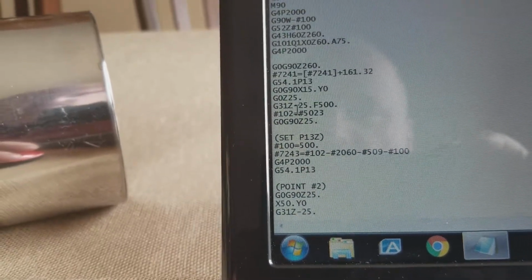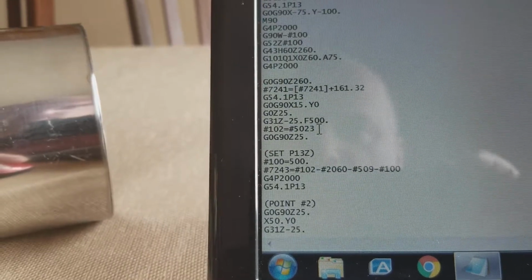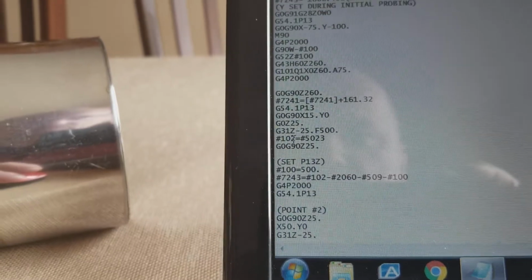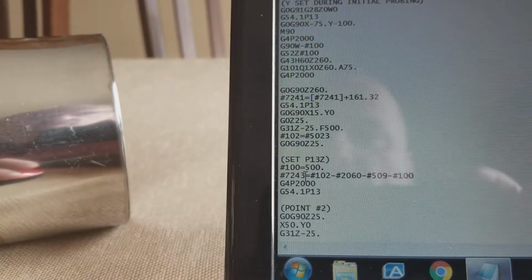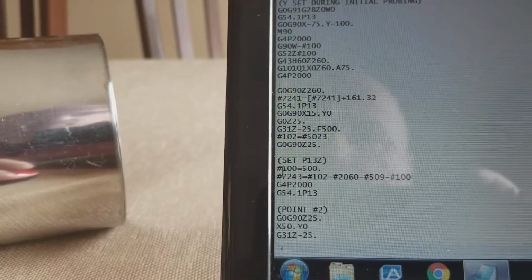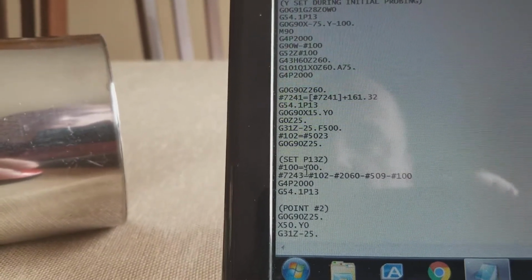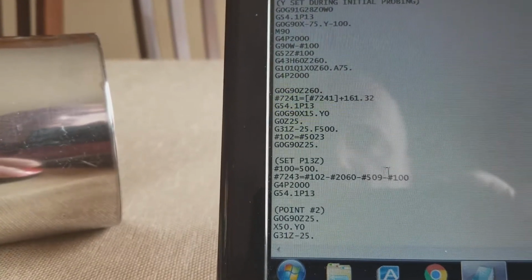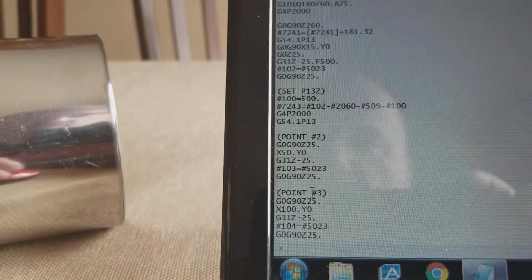It will touch, and it takes the machine position, number 5023, right after it touches, and it will set that into variable number 102, and then set P13Z number 100 equals 500. Okay, so then it sets it. This P13Z is set, and then it starts to